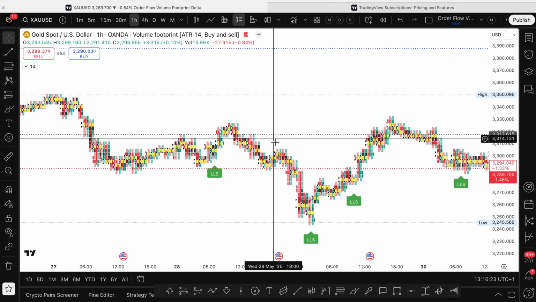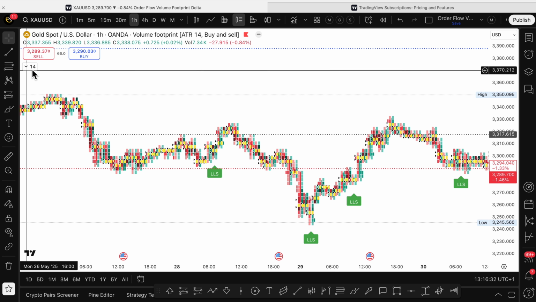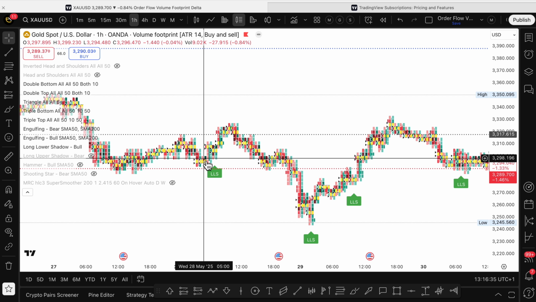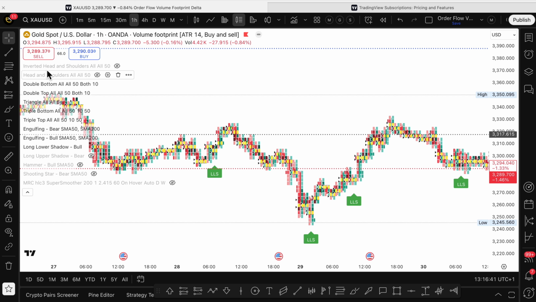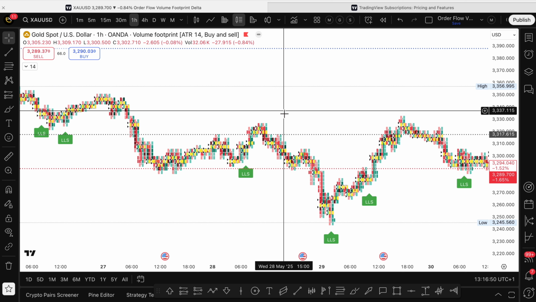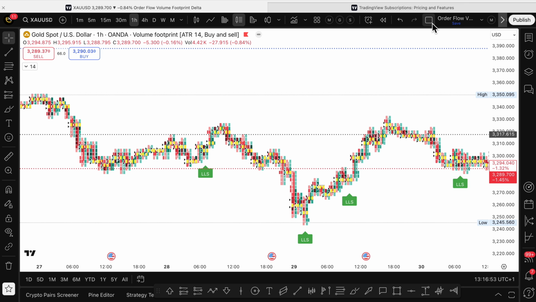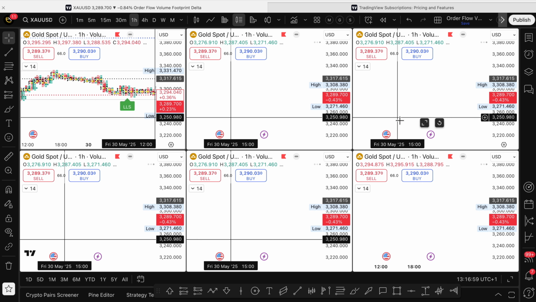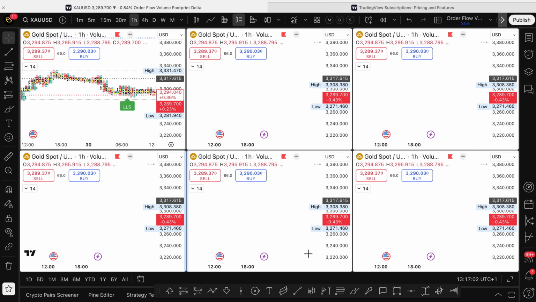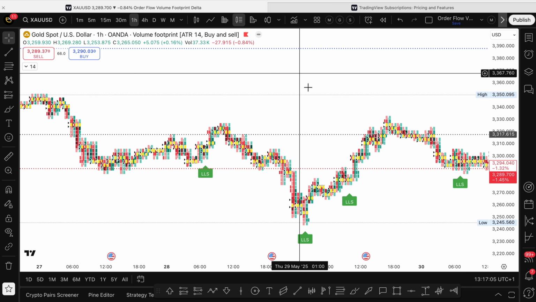I have probably at any one time over 40 alerts set up. You can't have that on a lesser subscription. I've also got all these little symbols here showing me a low shadow or a bearish engulfing candle, or just different patterns that I like. They're all here. On lesser versions you can only put on a couple of indicators. But the best feature is this that I'm about to show you today, and of course the split screen, where this is how I trade day to day using 6 screens so I can see all the majors. So let's get into the